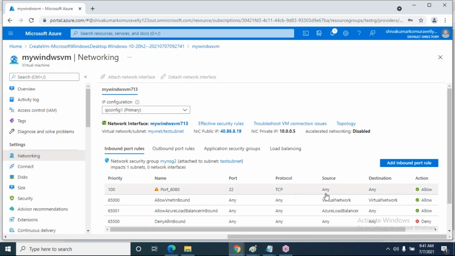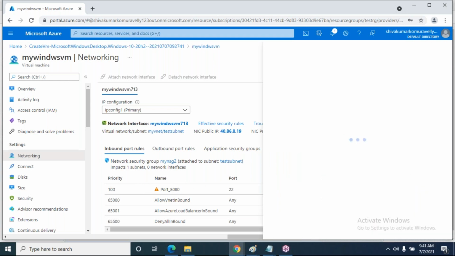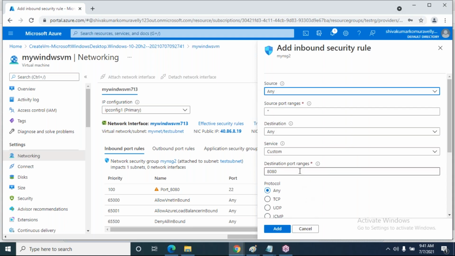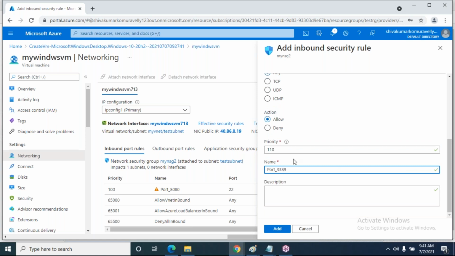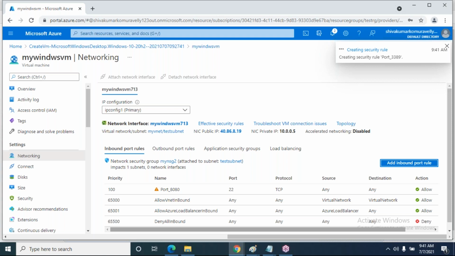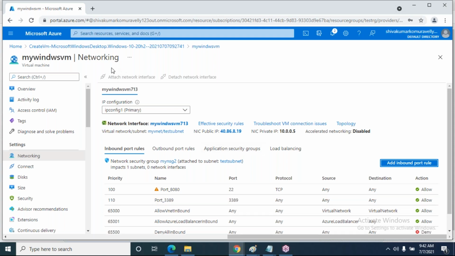Just I will check ports. 3389 is not opened. Okay, 3389 is open.